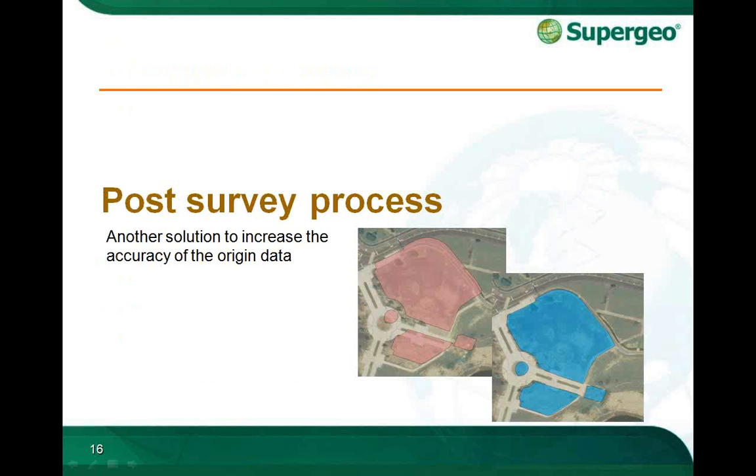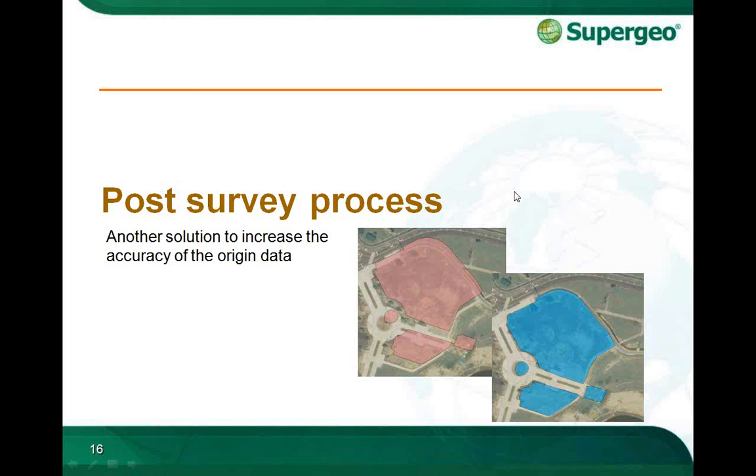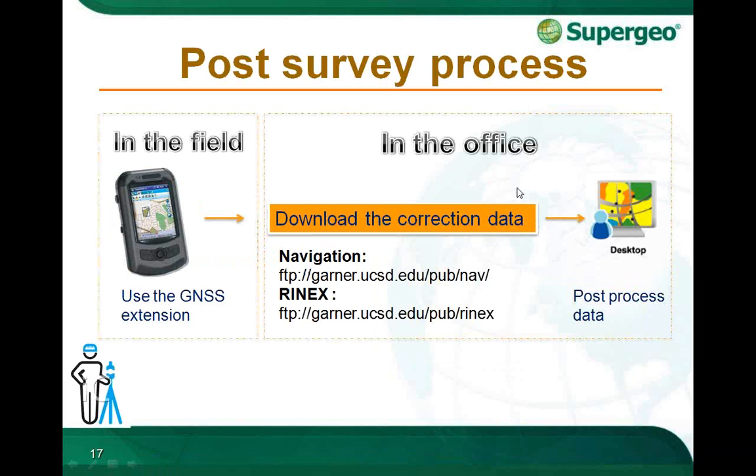However, if you don't get the NTRIP caster during the real-time correction, here we provide you another solution. You can utilize GNSS driver and do the post-processing to improve the data accuracy. In the field, collect the data by GNSS extension. Then you can go to those FTP website to download the collection data and do post-processing in SuperGIS Desktop